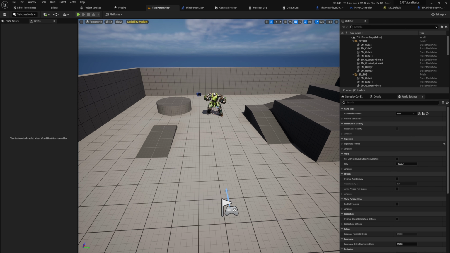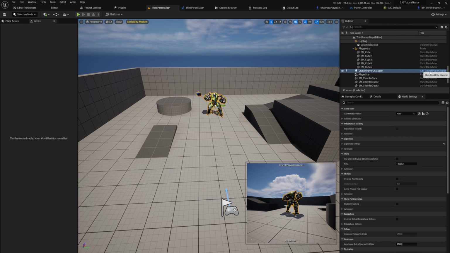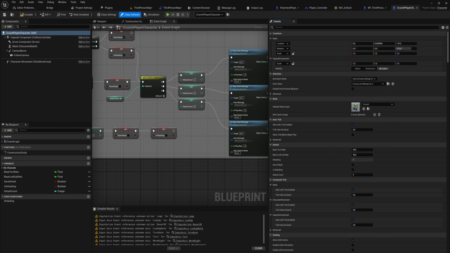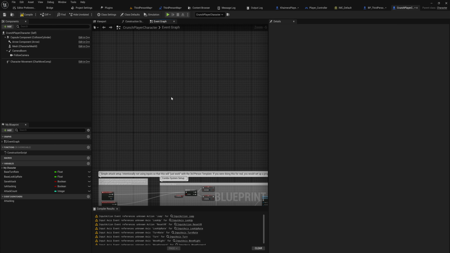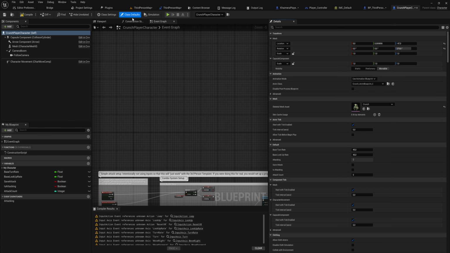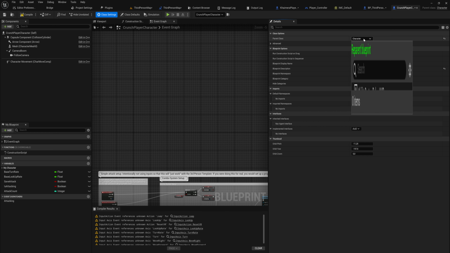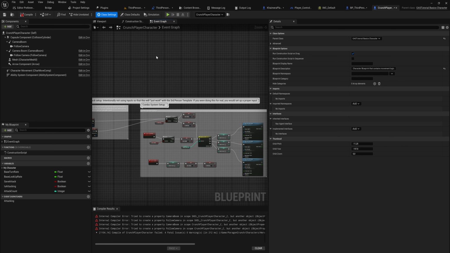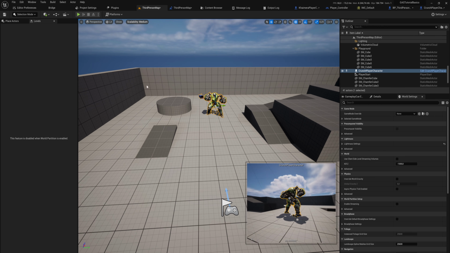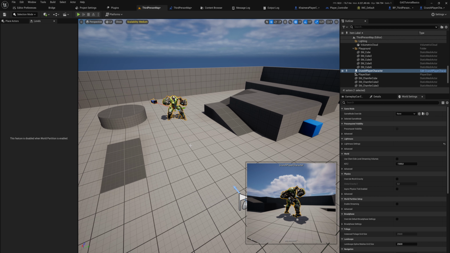So we got that, and I'll also go into the thing that we're eventually going to turn into the enemy that we'll be fighting, which has all of this stuff that is deprecated code, which doesn't work anymore. So we're going to just remove that. And then in our class settings, once again, we'll base this one on the tutorial basics character so that it gets an ability component. And for now, that means that we have our setup with our enemy, which is going to use that in its behavior tree eventually, and our main character, which now has access to ability system components,